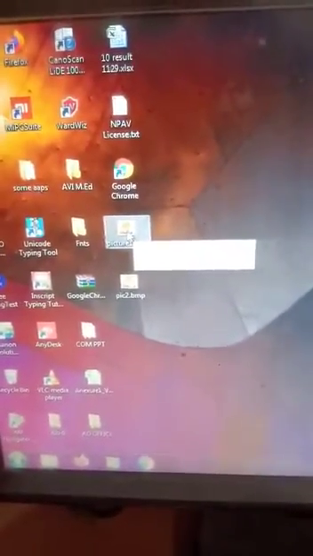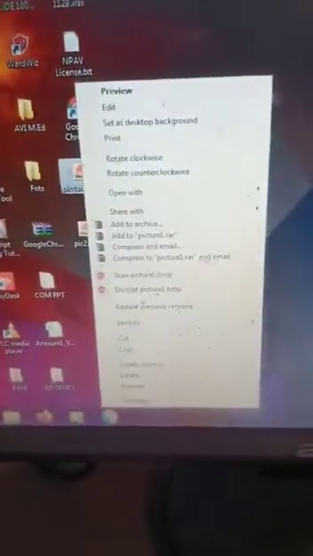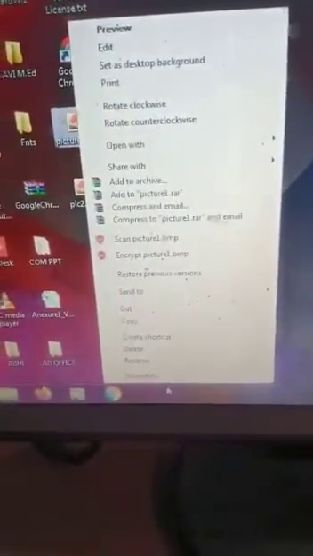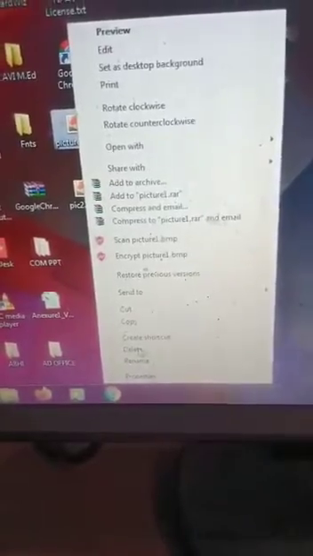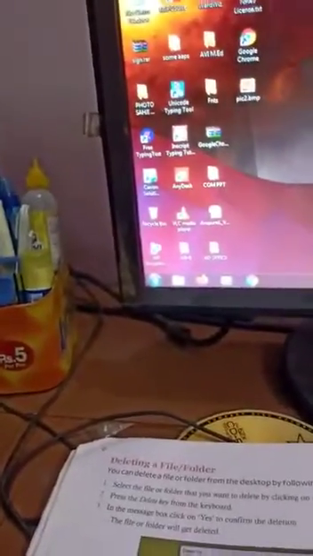If I want to delete picture1.bmp, I right click on that file, and from the menu that comes I choose the option Delete. Again a message comes asking if you are sure you want to delete the file to the recycle bin. Then you select Yes, and the file gets deleted. This is how you can delete a file or folder to the recycle bin.